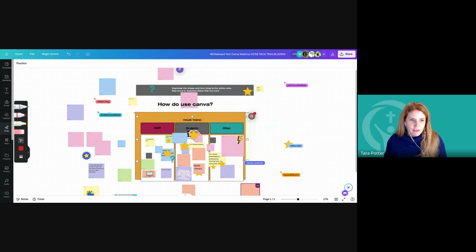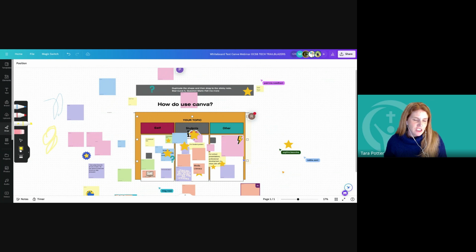Over here, we have lots of pens. You can draw. I'm just on my mouse right now, so it's not going to look the best. This is great on a touch screen. You have highlighters. You can change the color here. This is wonderful for,